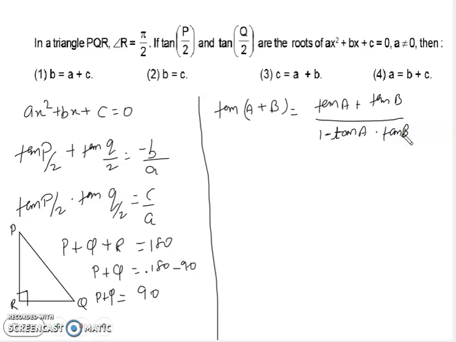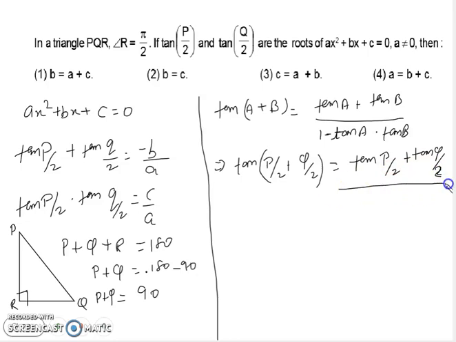Okay. And tan A plus B, we can write here as tan of P by 2 plus Q by 2, right? And now here tan A means tan P by 2 plus tan B means tan Q by 2,